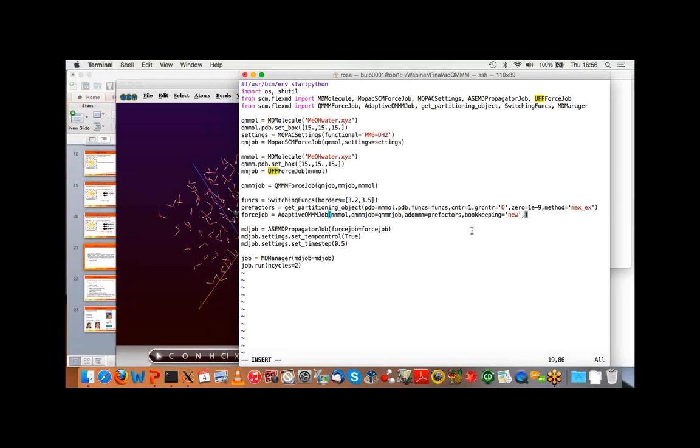Here, because this partitioning object is used to create an adaptive QMMM job object. That's the final object that can create the adaptive QMMM forces. So I pass it my QMMM job as well as the prefactors or partitioning object that I've just created. And I need to specify one more thing, which is